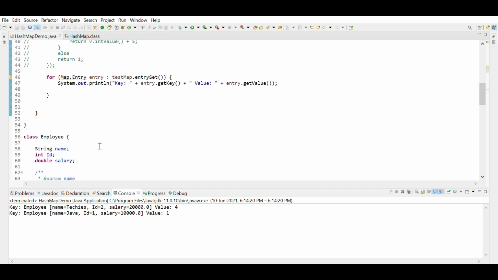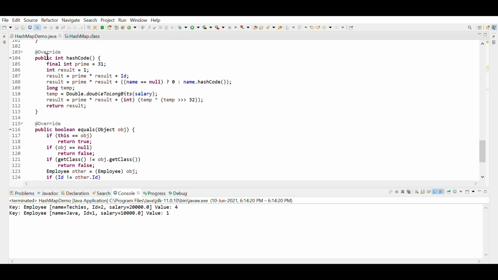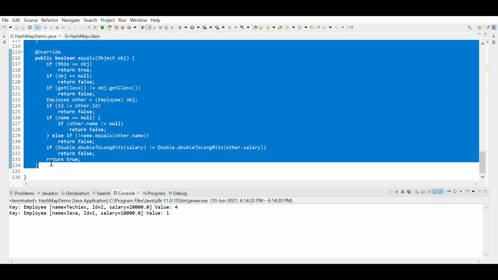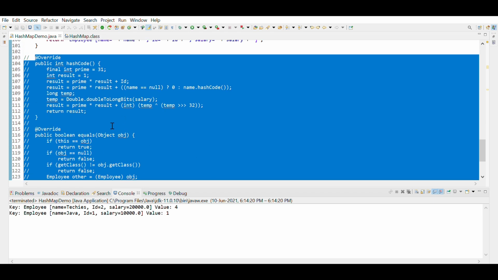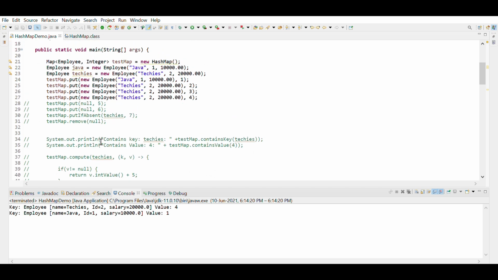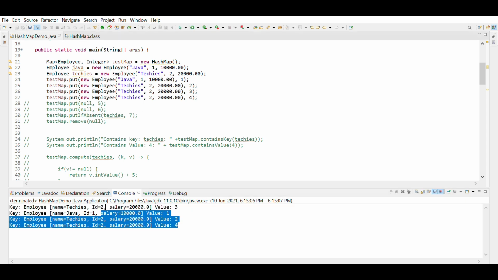Now let me try commenting out the equals and hashCode methods. You can see I have commented out the equals and hashCode methods that I had overridden. So now this will use the equals and hashCode methods of the Object class. Let's just see what happens. Here you can see it has printed all the values.